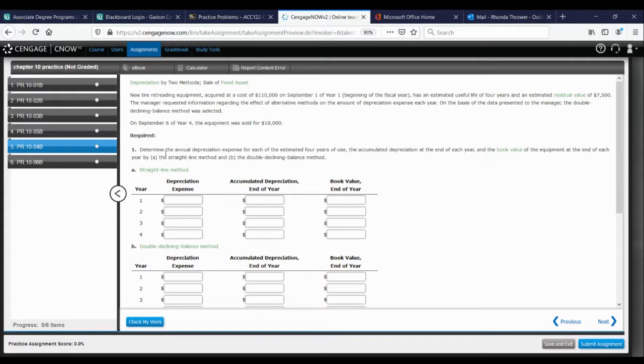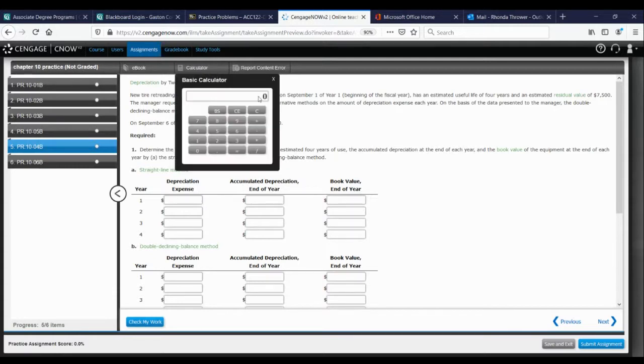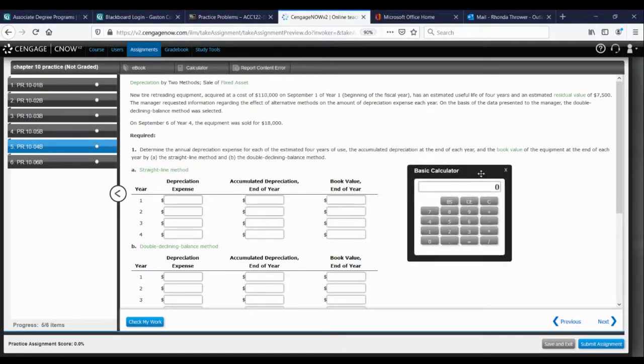In requirement number 1, they want you to determine the annual depreciation expense for each of the estimated 4 years, the accumulated depreciation at the end of the year, and the book value at the end of the year. They want you to first do it by the straight line method. So to calculate the depreciation expense in the first year, what we're going to need to know is the cost of the asset. The cost of this asset is